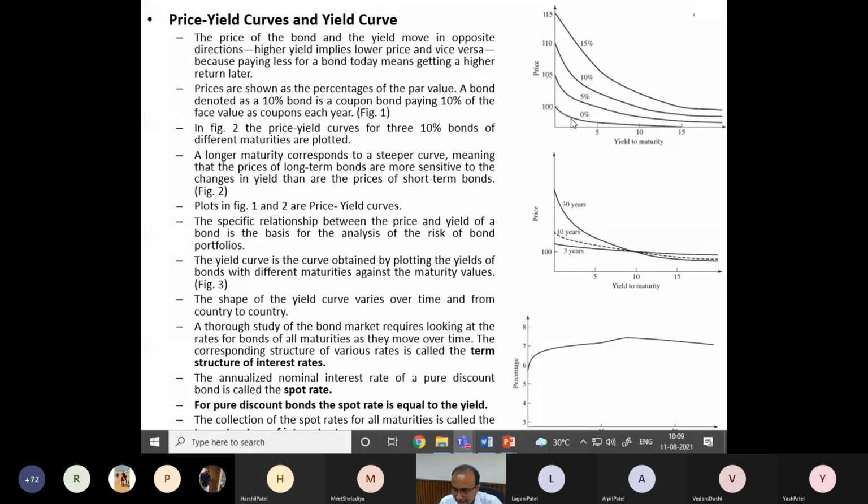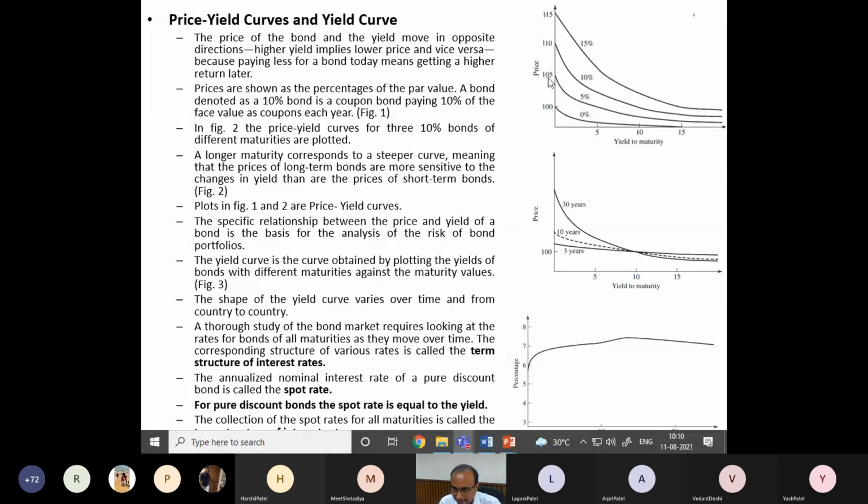Now if this bond is traded at somewhat lower price compared to 100 rupees, even though it is delivering 0% coupon, it gives me some yield to maturity because its face value is 100. So at maturity, I will have some capital gain. I will have some gain on my capital investment. So you can see it will deliver some yield to maturity even though it is a 0% coupon bond if it is priced at less than 100, which is its face value.